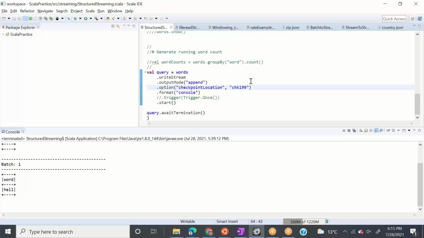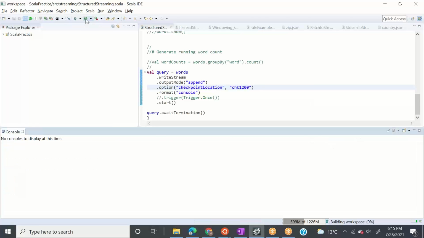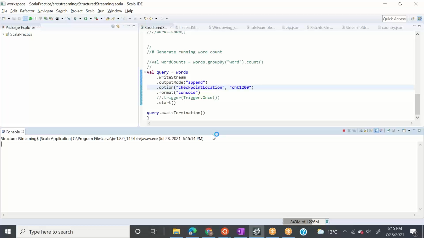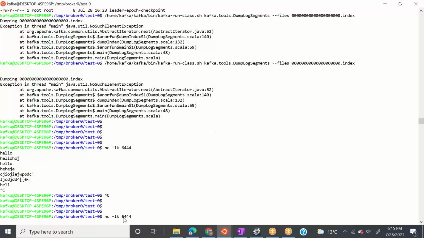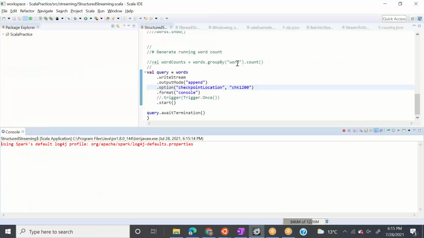Let me change this directory, this console, and let's run it. So what we are doing is creating a connection between this host and port and this particular program, right? Let's see in 1 second.